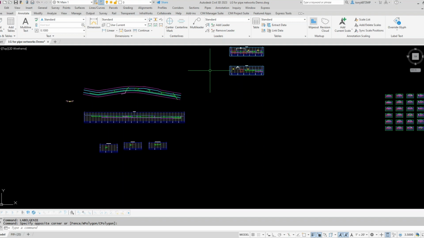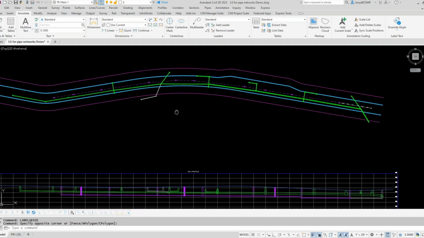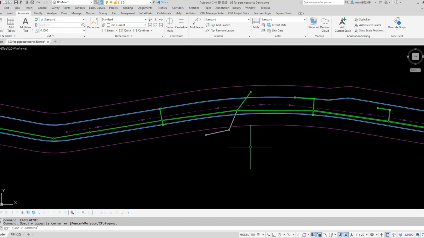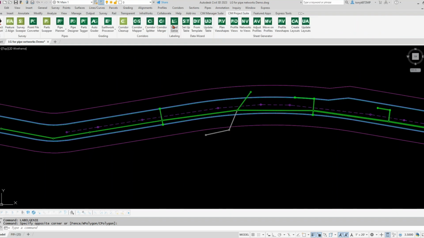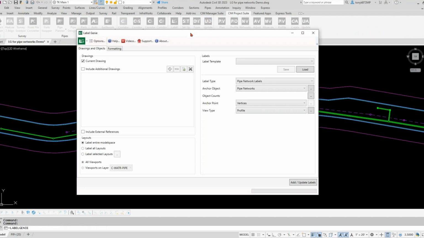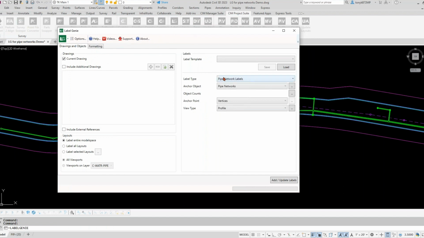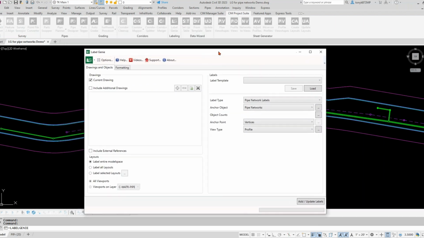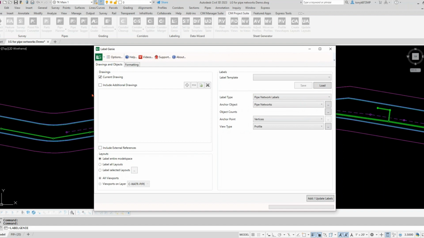So let's start labeling a pipe network. Here we have the plan view. Like I said, we have a regular storm run here. We have sanitary with cleanouts. So let's go back to Label Genie. The first thing we need to do is set this up for our pipe network that we're going to label. The overall goal here is to label these pipes with one push